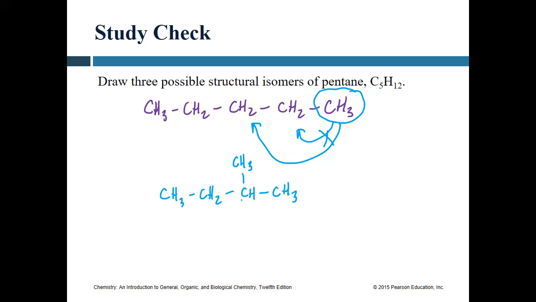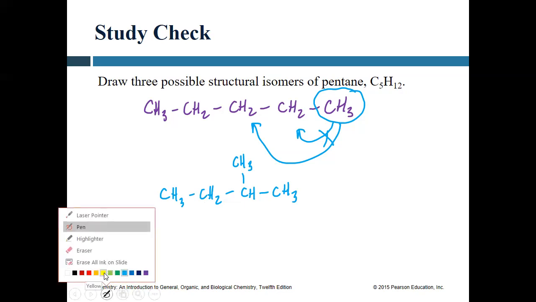Why did this interior one change to CH? Well, it's got 1, 2, 3 bonds to carbon now. There's only room for 1 H. Okay, so that's the first alternative isomer. To consider the second alternative isomer,